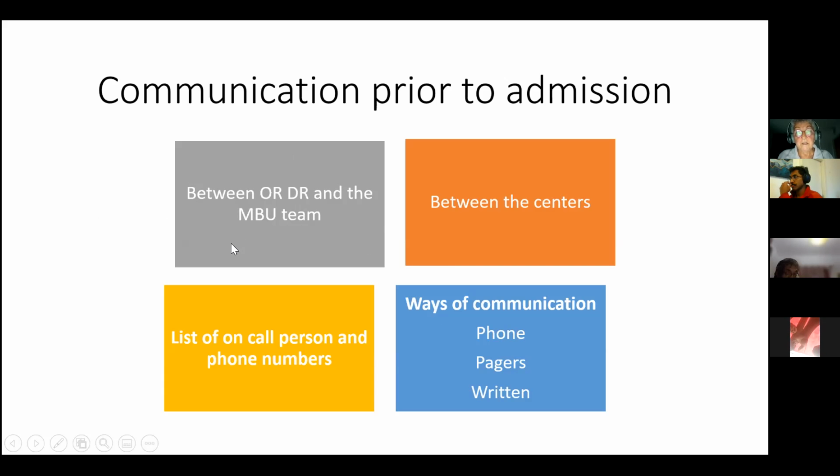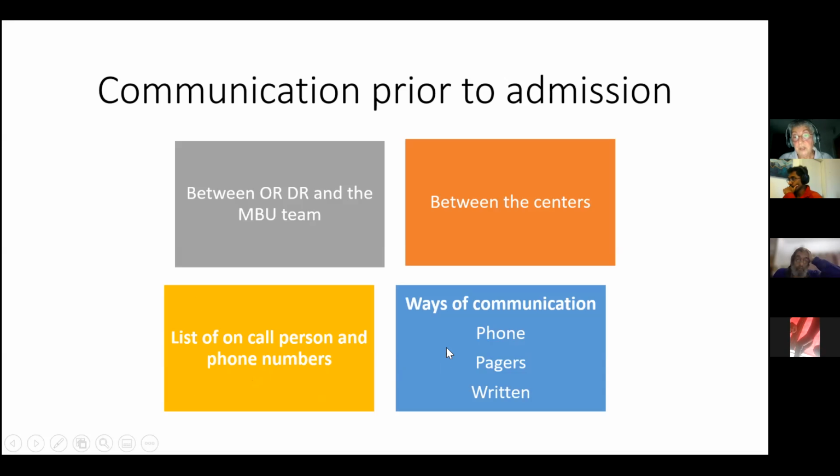This should be clear: you have to know that a baby is coming in, and any information has to be communicated to you. If you transfer a baby to another center, you have the same responsibility to inform the other center that you're sending the baby with this and this and this, and they have to be prepared. And as you mentioned in Ashura, you do have this WhatsApp group, but you have to have a clear platform to know whom to contact in order to make sure that information flows from one side